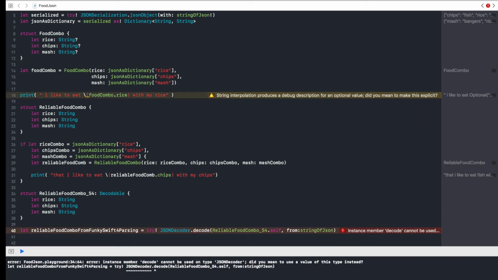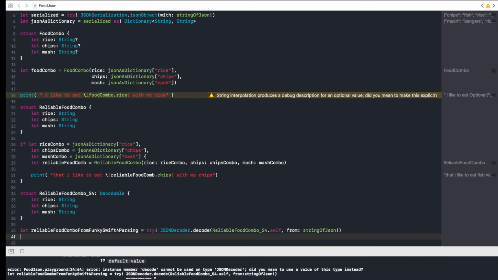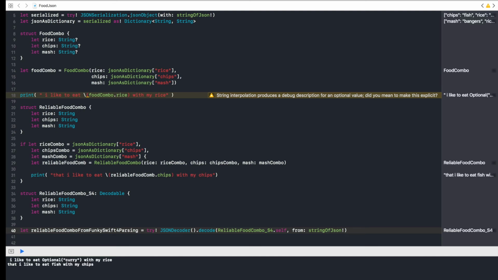So that should work, but it needs an implicit unwrapping there before it will work. Getting some complaints. Oh, never forget that JSON decoder needs to be instantiated before you can do a decode on it. So, finally, let's print out